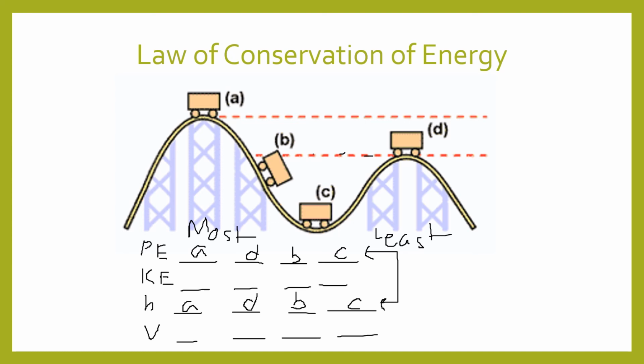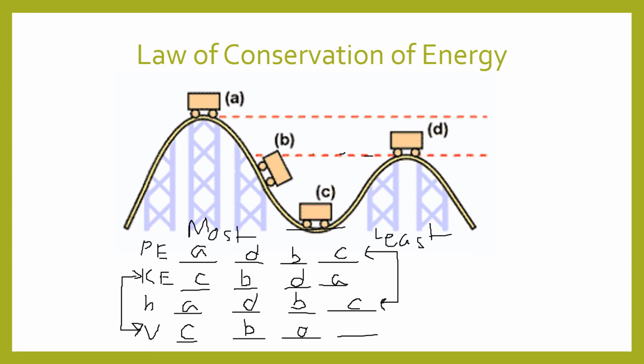Now, let's talk kinetic energy. I said that when potential energy is the biggest, kinetic energy is the lowest. So when do you have the most KE? When you have the least PE. Or conceptually, you're going to be going the fastest at the very bottom of the hill. The order for KE is going to be the exact opposite of PE, because when you have the most PE, you have the least KE, and vice versa. And kinetic energy is connected to velocity, so if you know the KEs, you know the velocities.